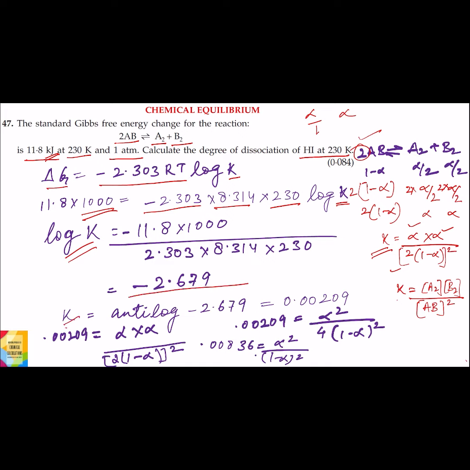So value of K will be anti-log of minus 2.679, which is equal to 0.00209. So K is equal to 0.00209. So here 0.00209 is equal to alpha into alpha divided by 2 into 1 minus alpha, entire thing raised to the power 2. Solving this becomes